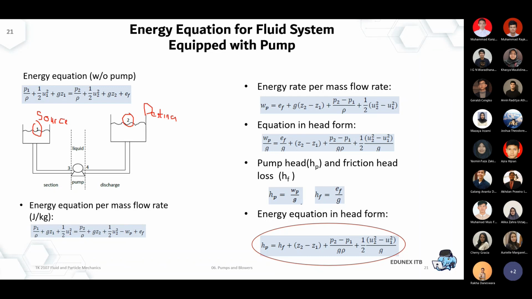Okay, so that's 2 important points, and then another 2 important points, which are point 3 and point 4. That's the suction, and 4 is the discharge of the pump. So a lot of times we use Bernoulli between 1 and 2. That's the overall energy balance, about the overall pumping requirement, overall energy balance.